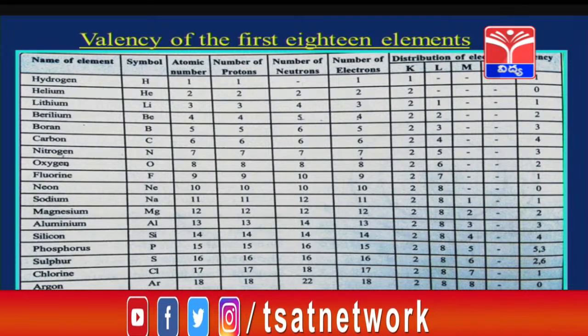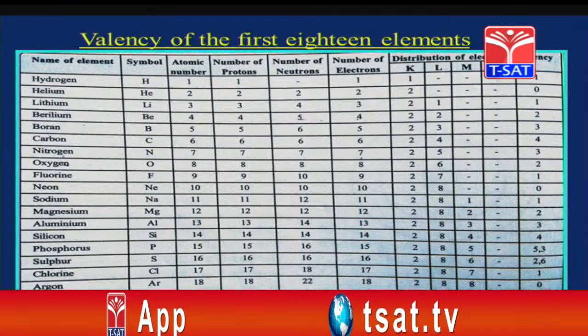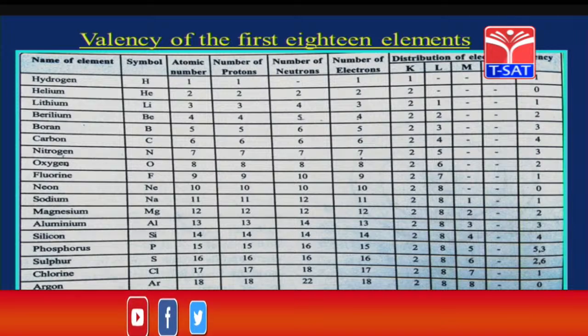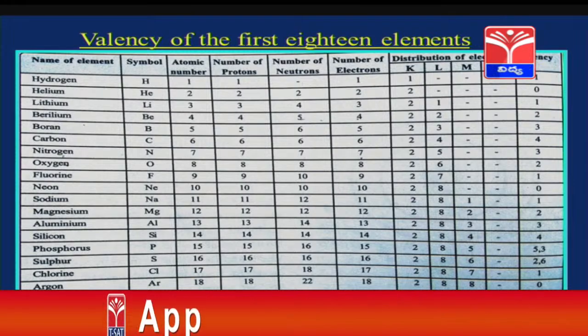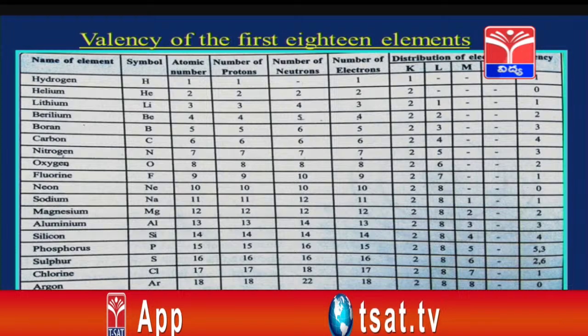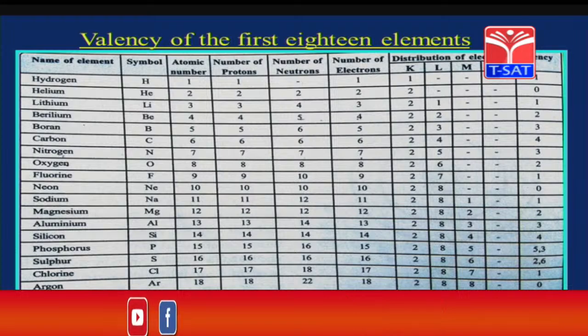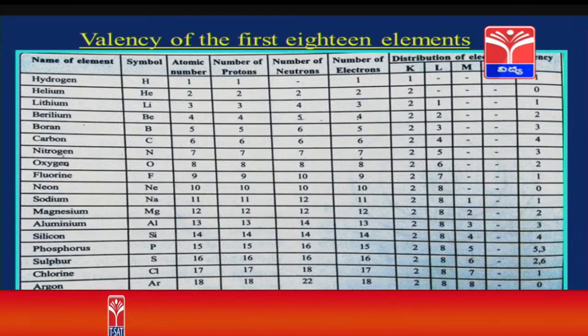Magnesium, atomic number 12, consists of 3 shells: 2 electrons in the first shell, 8 electrons in the second shell and 2 electrons in the third shell, the M shell. The outermost shell is the M shell, it contains 2 electrons. So the valency of magnesium is 2. In a similar way, aluminum is 2, 8, 3, the outermost shell consists of 3 electrons, its valency is 3. Silicon is 2, 8, 4, the outermost shell of silicon consists of 4 electrons, so its valency is 4